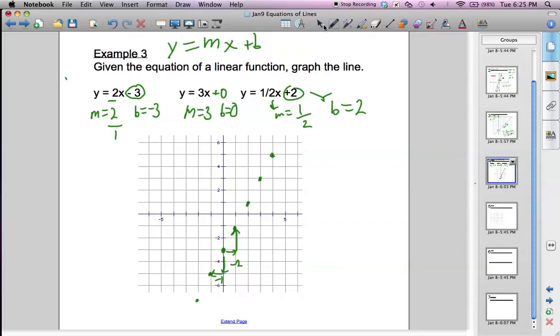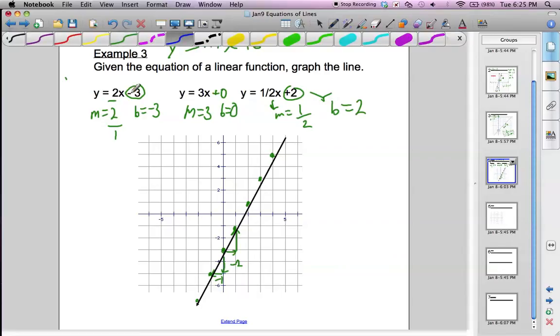And then we're going to connect the dots here. Wait a second, I got a little bit of lag here for some reason. Okay, there you go, something like that. Okay, so this equation has a y-intercept of negative 3 and a slope of 2. Next one,